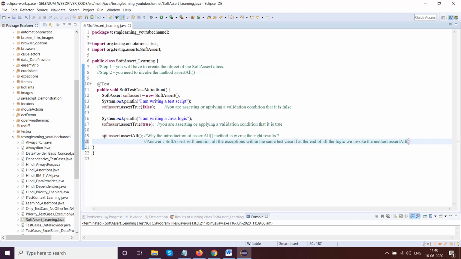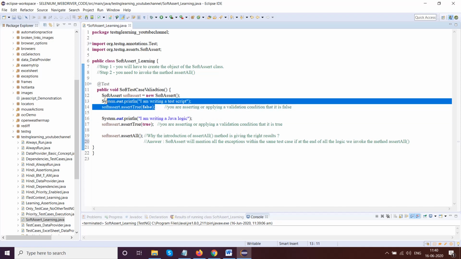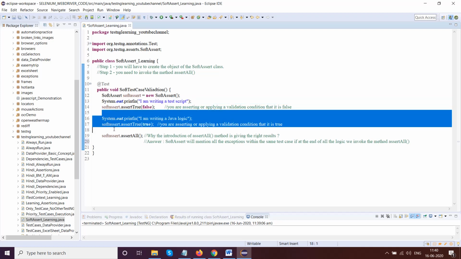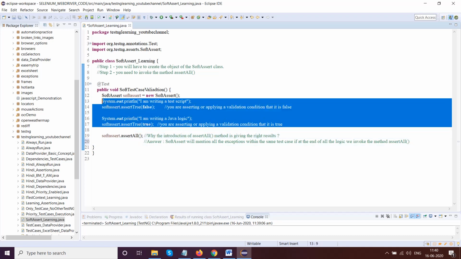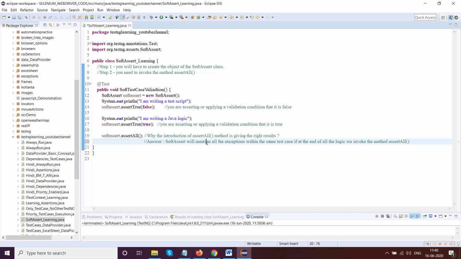So at the end, this should be the last statement of a particular test case. Before that you write all the logic and use soft assert. So even if one particular soft assertion is failing, or is false or whatever, the other logic will still be executed and the exception will still be given if you write this. If you omit this or do not introduce this, then even if one condition passes, it will give you pass. So that is why assert all is very important.